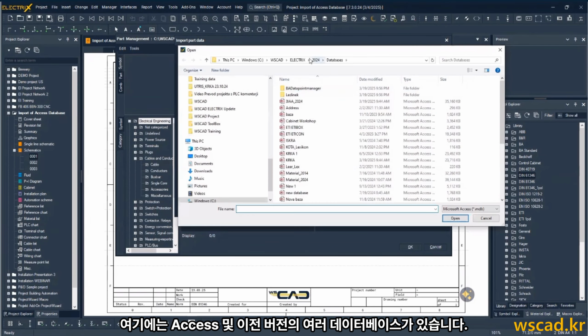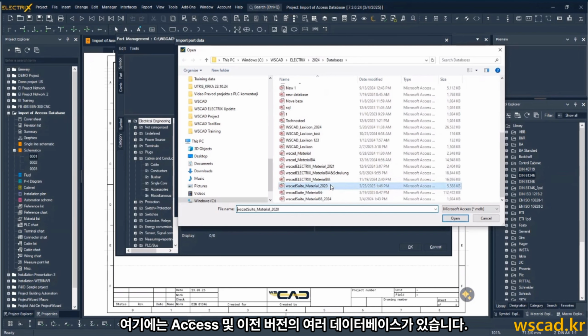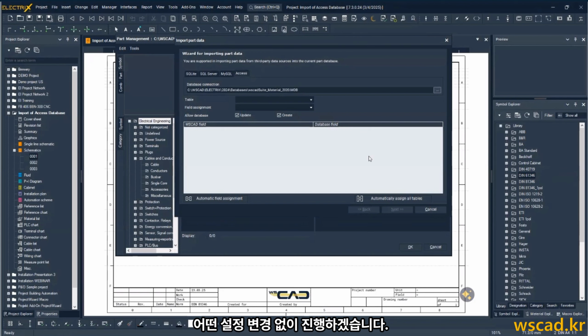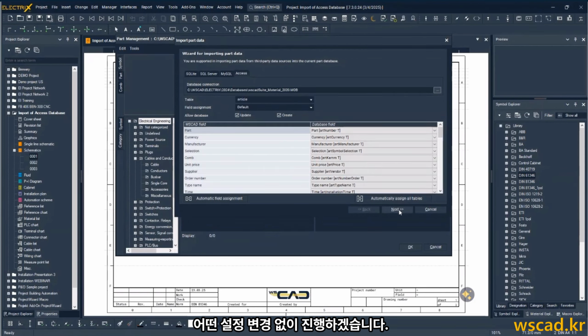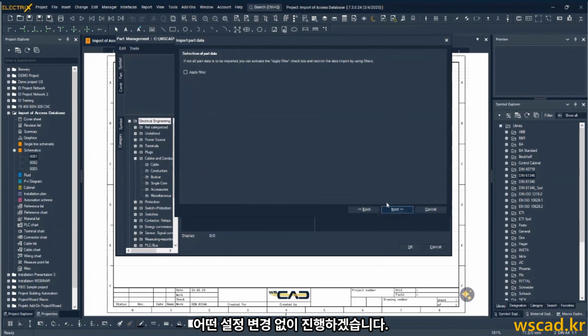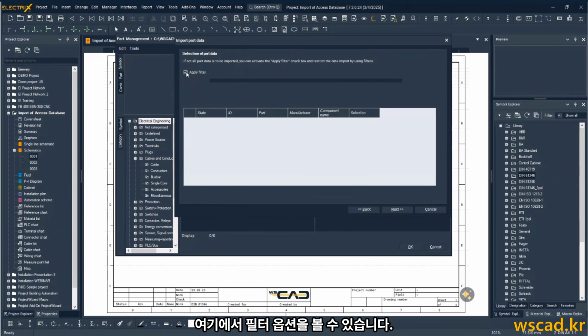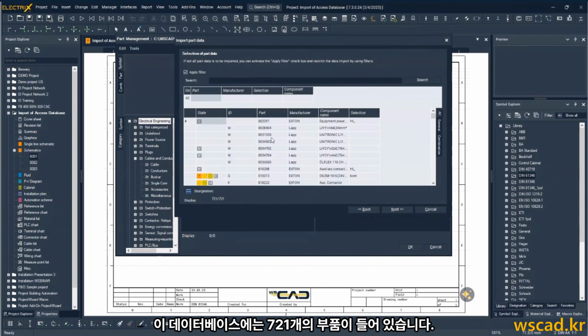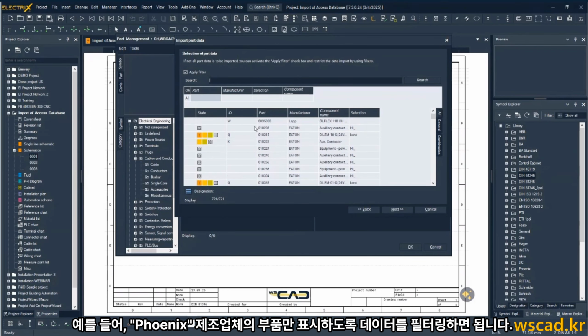So here you can see we have a couple of databases from Access, from Rocket. You can see, let's try and import this material 2022. We will just go forward, and we will not set anything up. Here you can see the filter. You can see in this database we have 721 parts, and if you want a filter, for example,